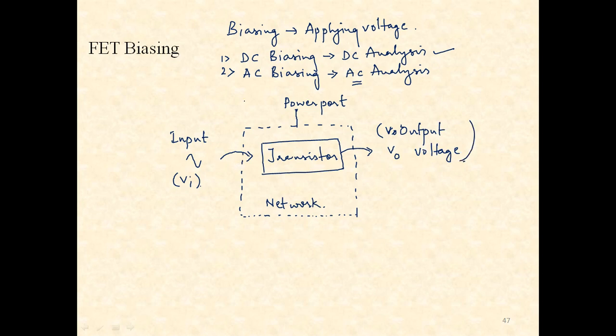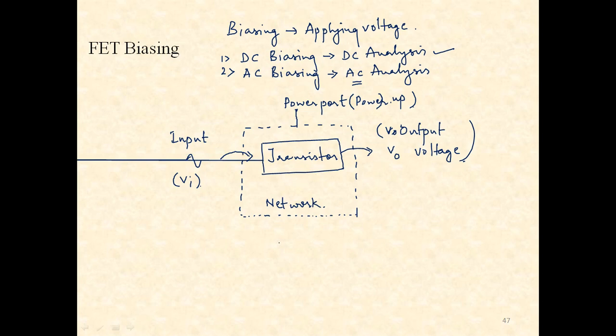Now the point is, there are two voltages being applied here. One is the voltage applied at the power port. This power port voltage ensures that the active devices present within the network are switched on, they get powered, they get energized. It is used to power up the devices, whereas the input signal is the one which we want to amplify so that it appears across the output signal.